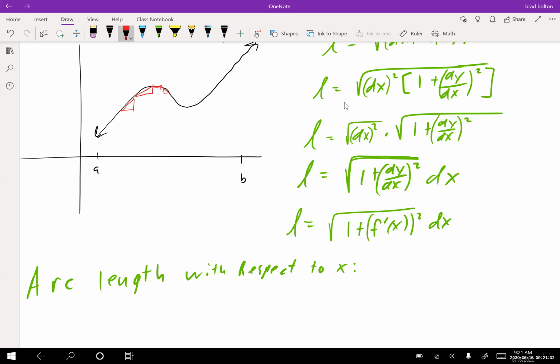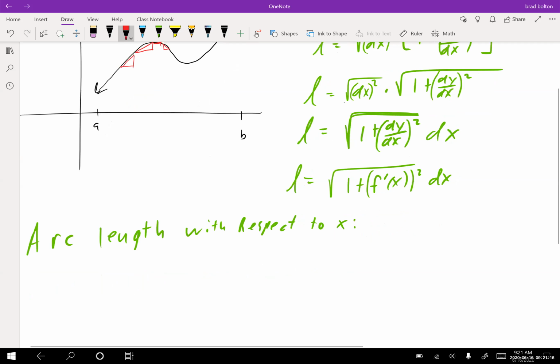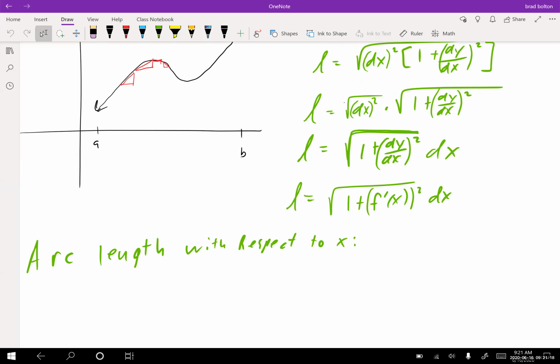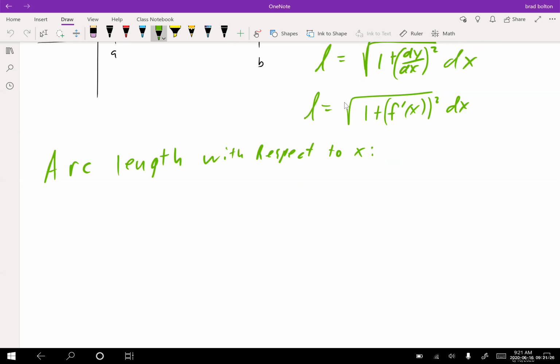Now, what's the only way to make it become exact? We turn to integrals, because integrals are basically the limit of the Riemann sum. So we're doing the Riemann sum of all these arc lengths of these triangles. Instead of redoing all of that again like you did in the disc washer method and the shell method, I'm going to just say that you guys got that part. So I'm going to give you the formula for it. So L equals the integral from a to b of the square root of 1 plus f prime of x